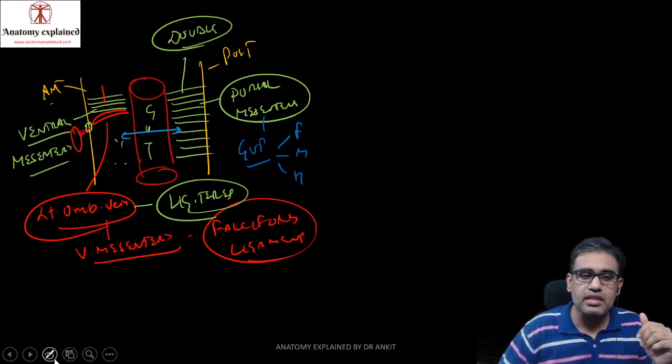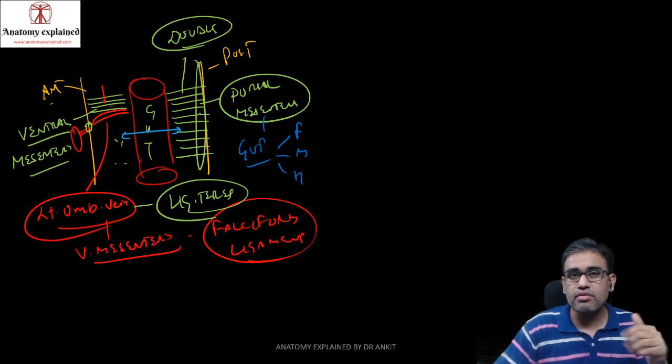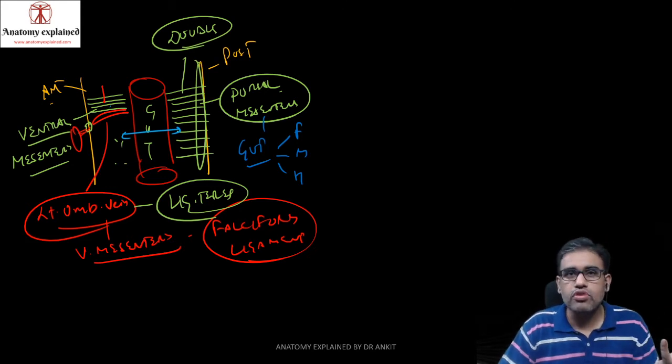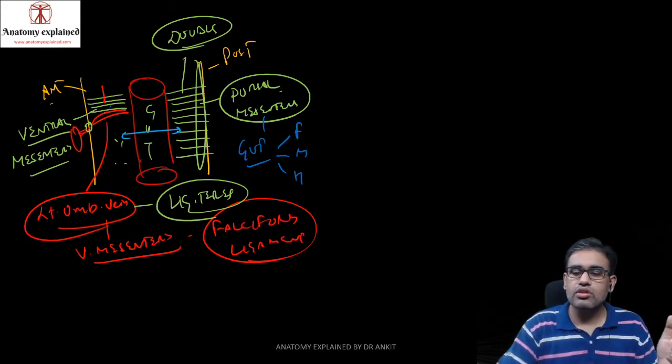Why? Because the major vessels are located posteriorly. Your vessels, the nerves, the whole spinal cord are located posteriorly. Okay, so there is dorsal mesentery everywhere, but the ventral mesentery concept is only for embryonic life. Okay, so these are your two parts of mesentery,